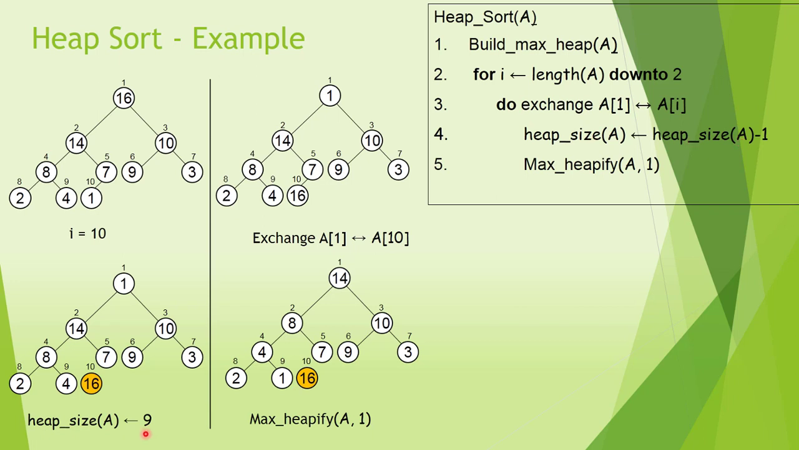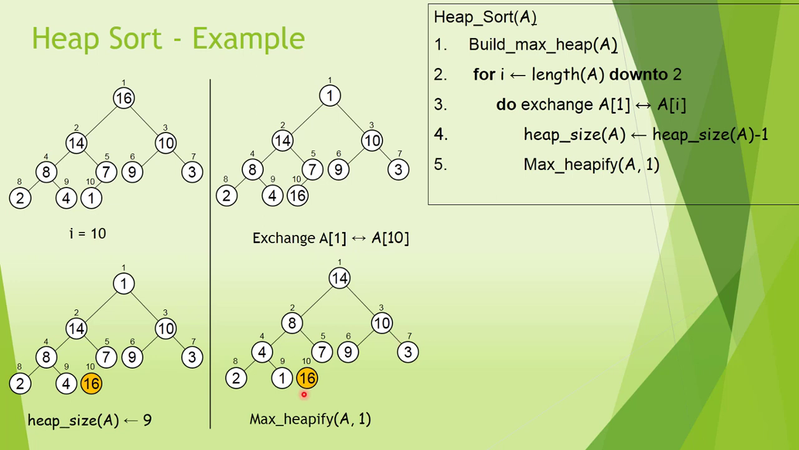Heap size becomes 9. Then we apply max heapify of A comma 1. We just apply max heapify of A comma 1 on this entire tree. But 16 is not part of this tree. So here, for A of 1, the left subtree and the right subtree are max heaps. After applying max heapify A comma 1, this entire tree becomes a max heap. So in the end, I will get a max heap like this, but 16 is not part of this